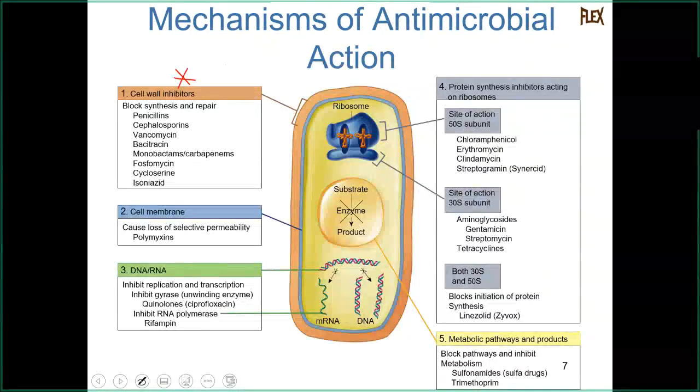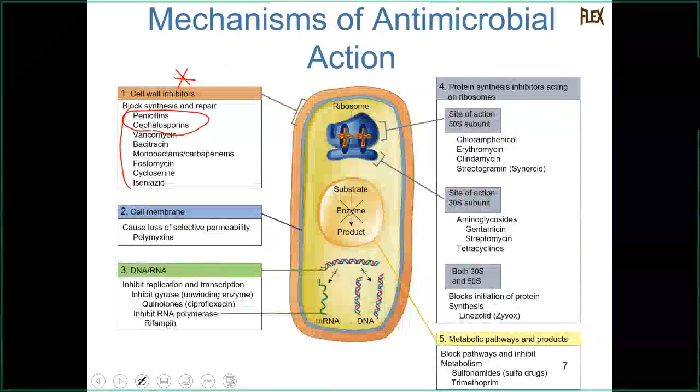And you can see the list of drugs, and I'm not going to belabor that. I'm not going to have you learn all of those, but you can see clearly here at the top the penicillins and the cephalosporins are listed at the head of the pack. Those are well-known cell wall inhibitors. They actually inhibit the synthesis of it. So you take those, hopefully early on in the infection. That's going to shut the organisms down. They don't have an active cell wall. If they can't produce that, they're not going to be viable, and so the infection will be stopped in its tracks